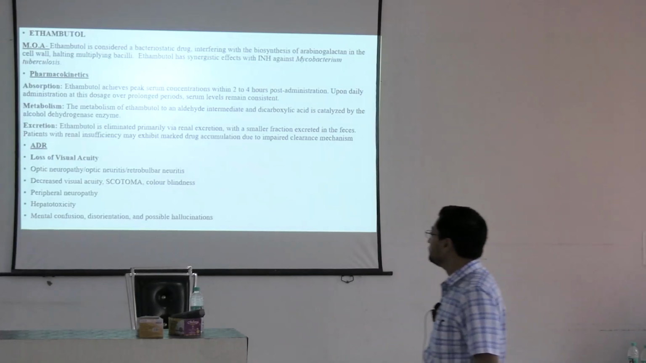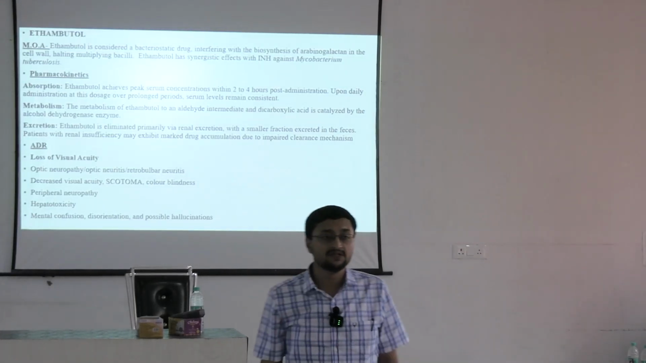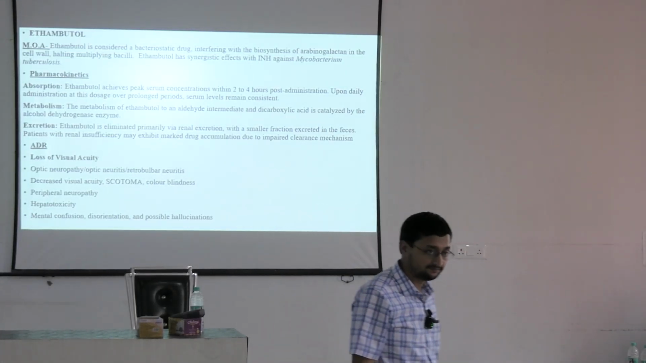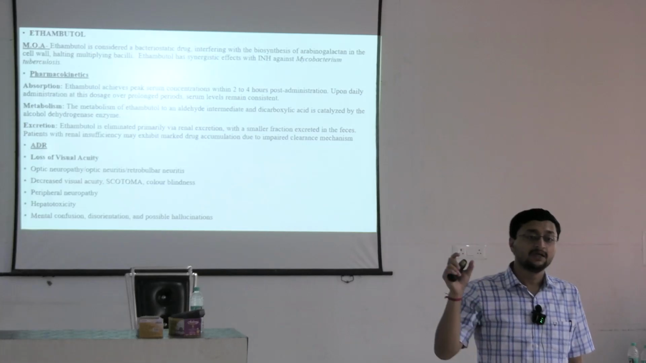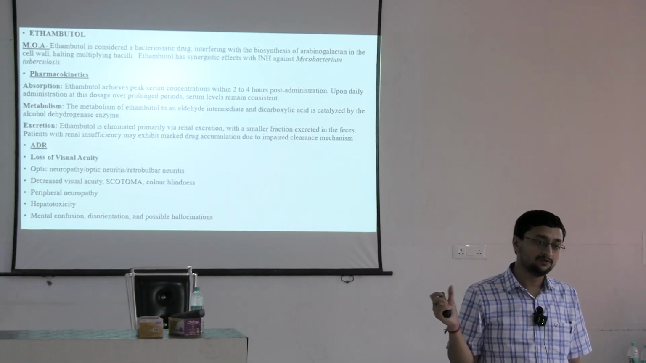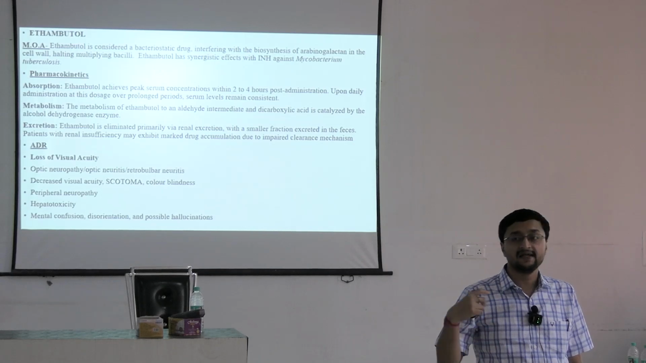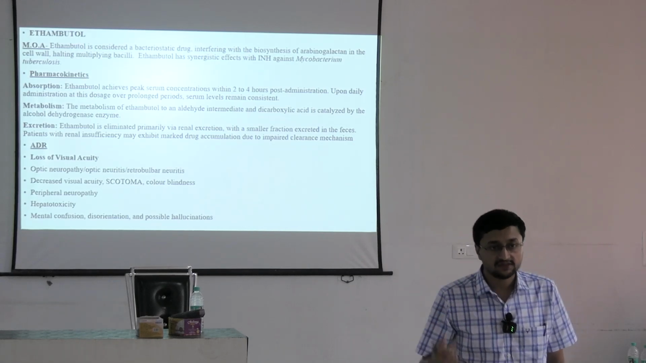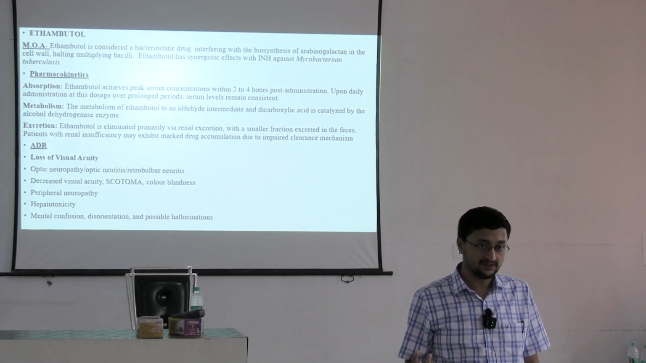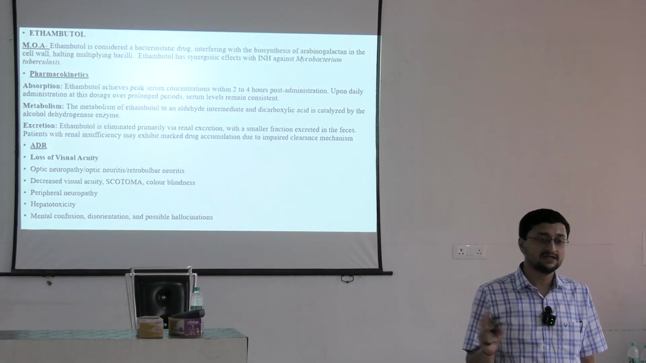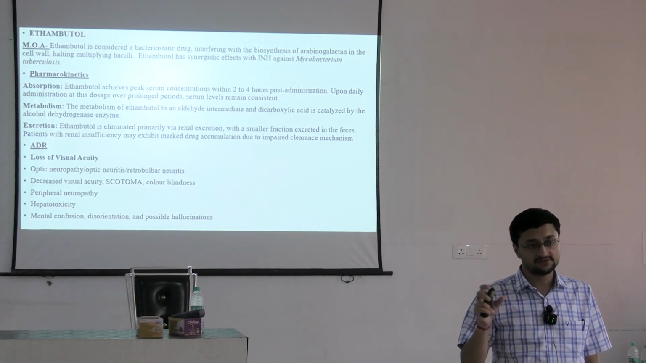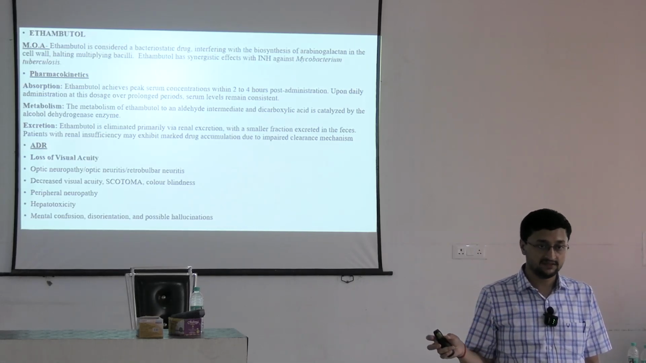Sorry. So next one is ethambutol. Ethambutol is a bacteriostatic drug. Arabinogalactan is the target of ethambutol. Along with INH, it actually increases the effect of INH, because both of these drugs are coded by similar genes, katG and inhA. Okay,